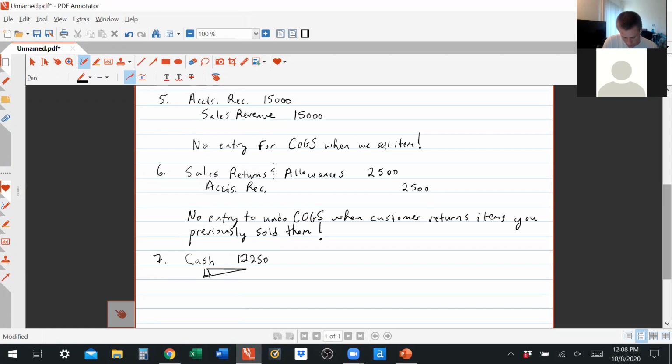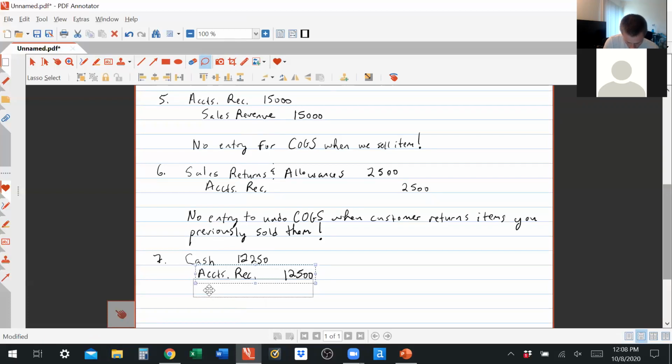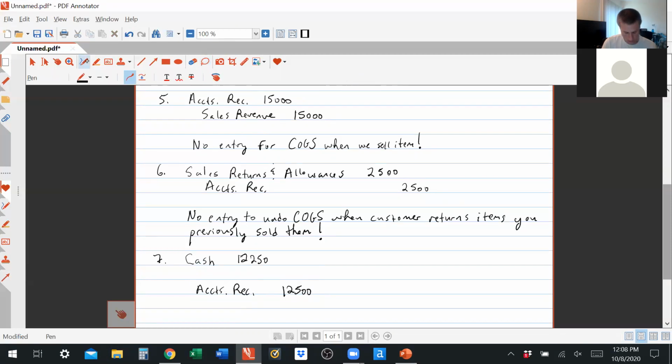We got to get rid of their account receivable because we no longer have their account receivable. And their account receivable was valued at $12,500. And looks like we need another debit. And that other debit,